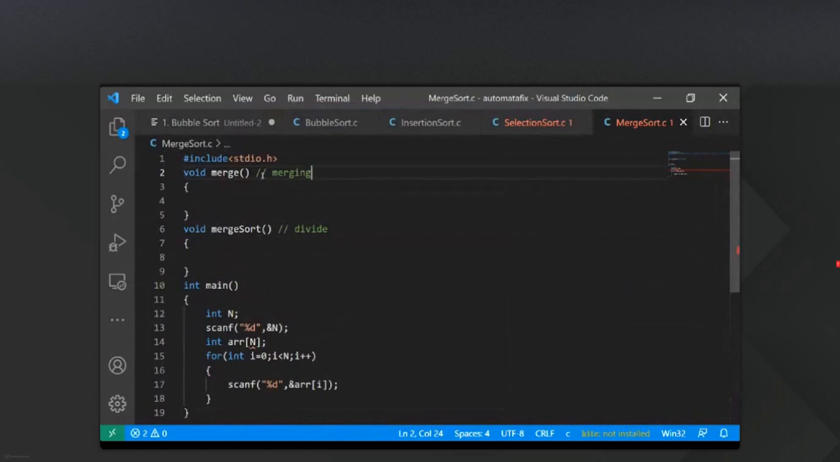merging of two sorted arrays. Okay, even yesterday I think we just discussed this. So merging of two arrays. So merge sort will be performing divide, and in merge we will be doing merging process. Okay, fine. So now coming inside this divide, inside merge sort,